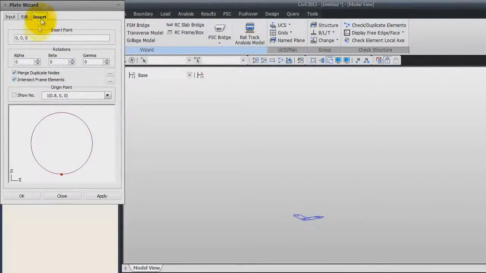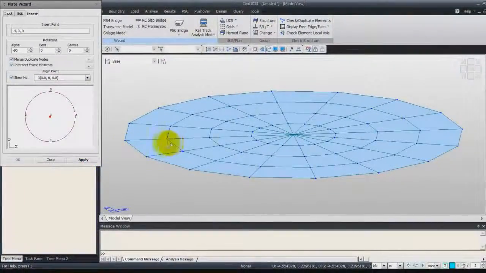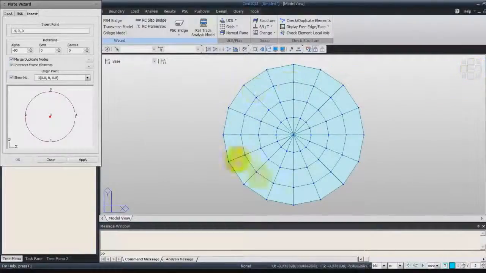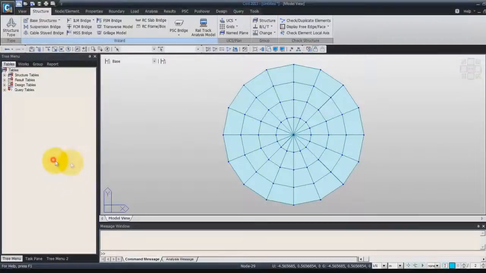Now go in the Insert tab and enter the following coordinates: -400, -90 for the alpha angle, and click on the button Show to see the numbers here, and choose the option number 3. Now click on Apply, and you'll see the circular meshes are created. Now I can close that,